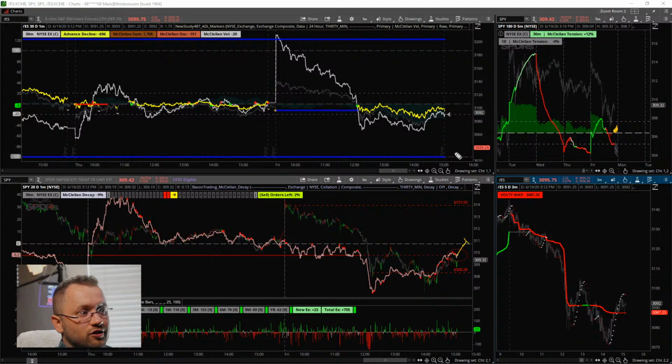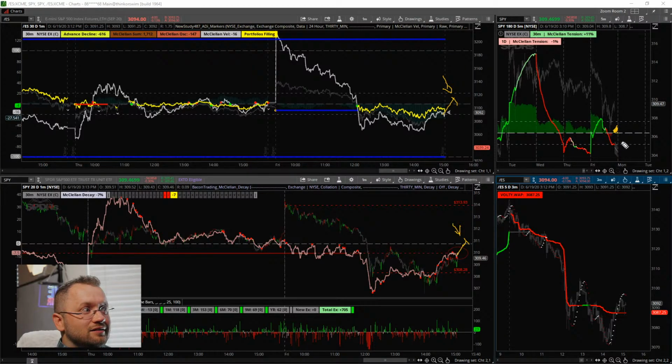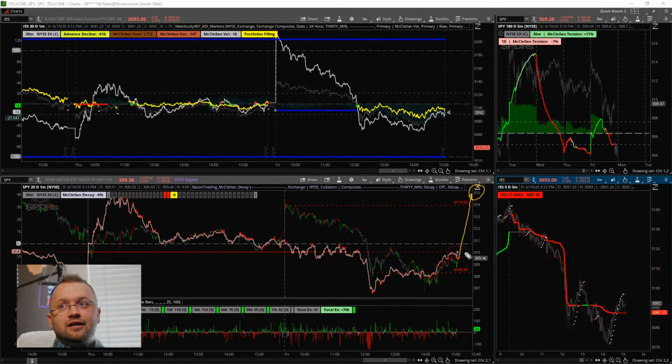And this is starting to look to me like the Bears are running into problems. If we get there, we sample them, and daily tension's further away from zero. That means over the weekend, if there's not a big hit, a really big push to get everything to come down and get daily tension down in a way that it can actually hold, then this is just going to rise right back up. I'm pretty sure we're going to be hitting like 315 on the SPY. We're going to be going whoop on Monday if that doesn't happen. I think that's what we're looking at.